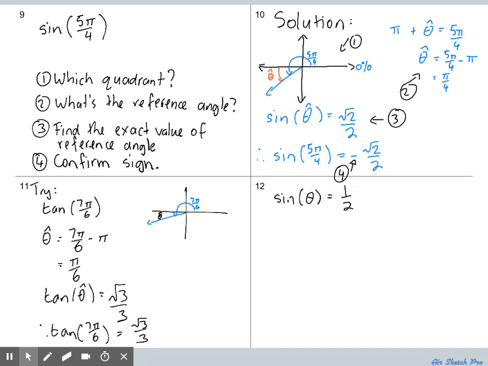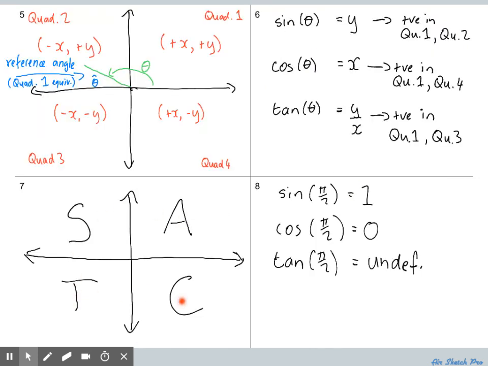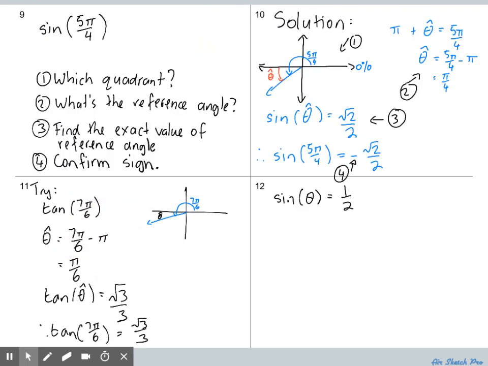half. And the answer is, well, in our CAST diagram, just going to flick to the page before, all students take care, we can see that sine is positive in the first quadrant and sine is positive in the second quadrant, like so. So effectively, when we have a positive value, well, regardless whether it's positive or negative, the first